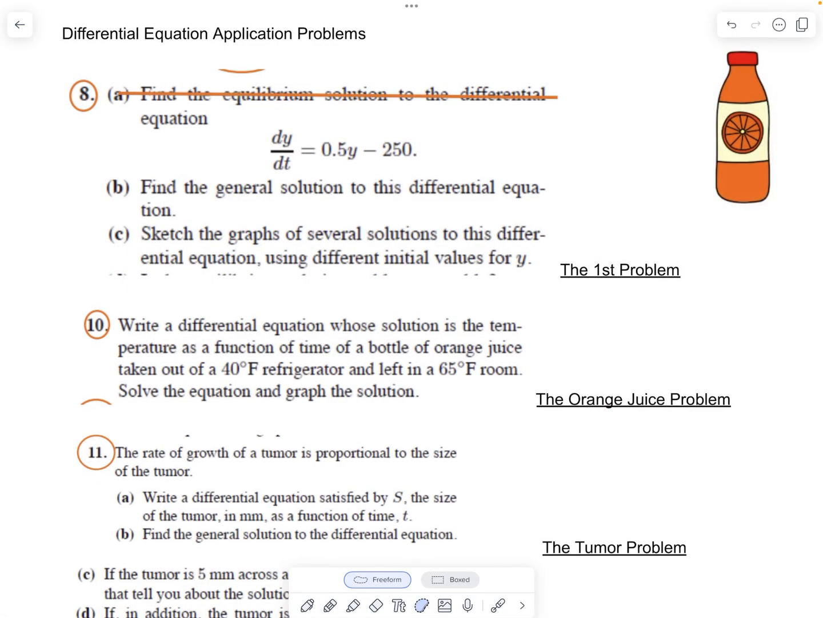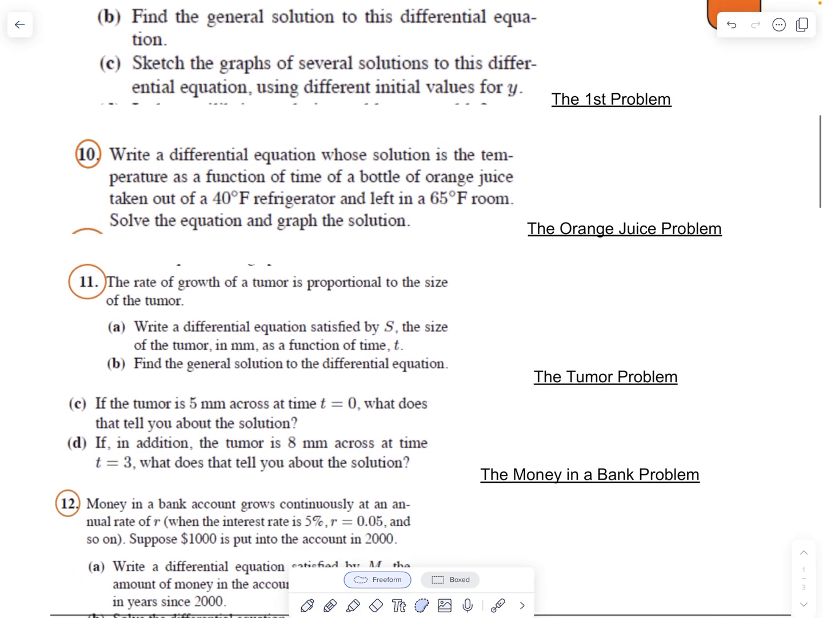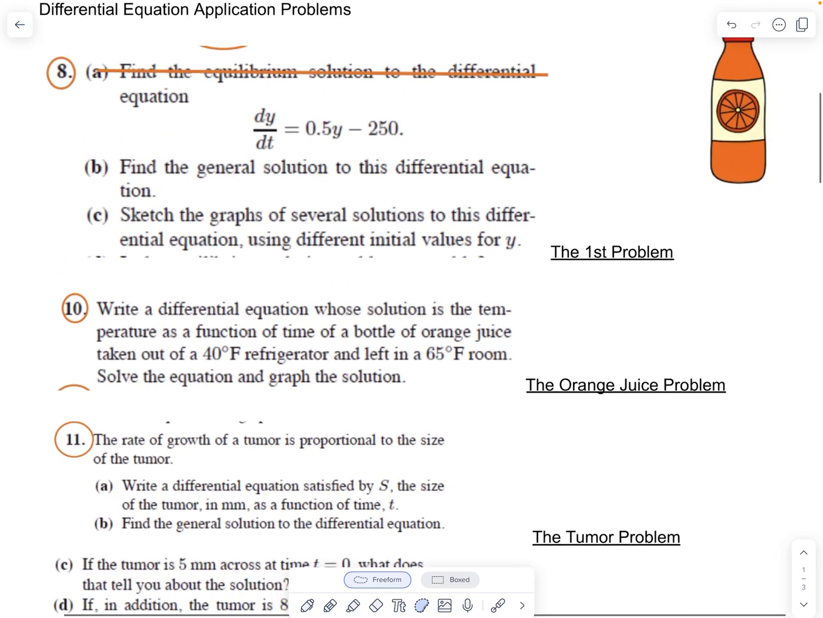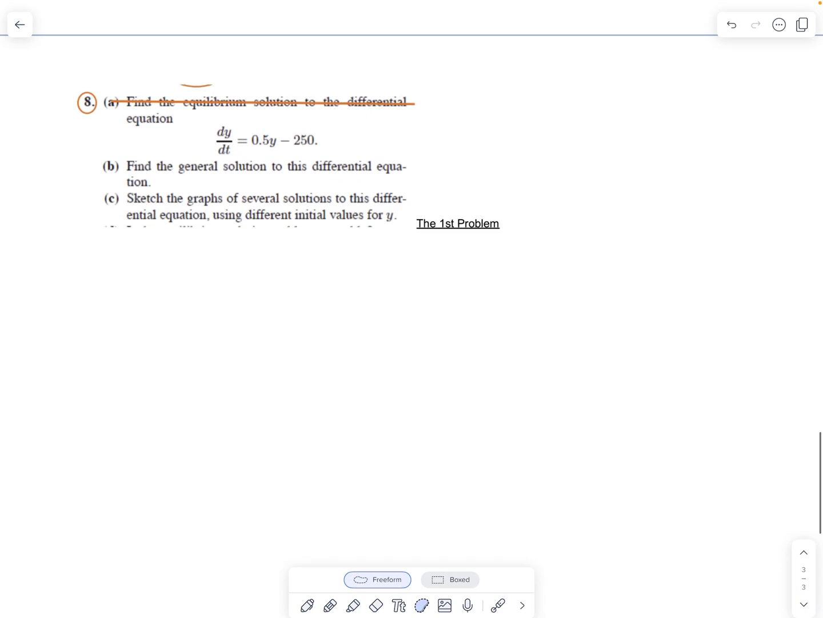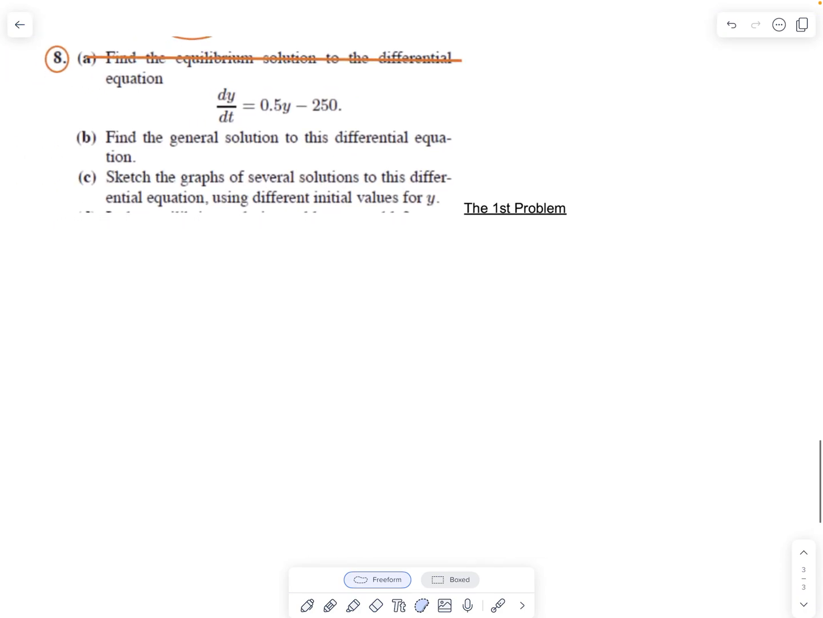Hello, Calc students. It's time to dive into a few differential equation application problems. Many of them are titled here, and we'll do the first problem right here. It looks like this. It doesn't really have a context, but I think what this piece is